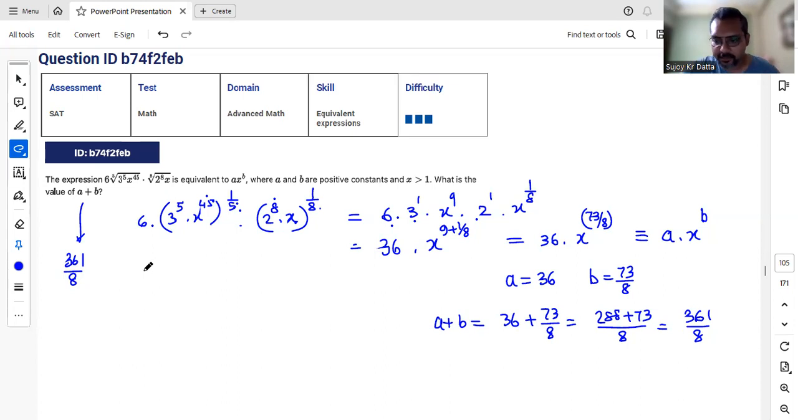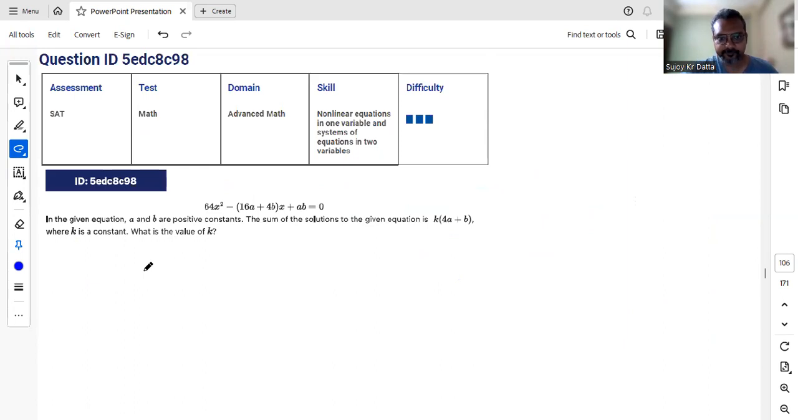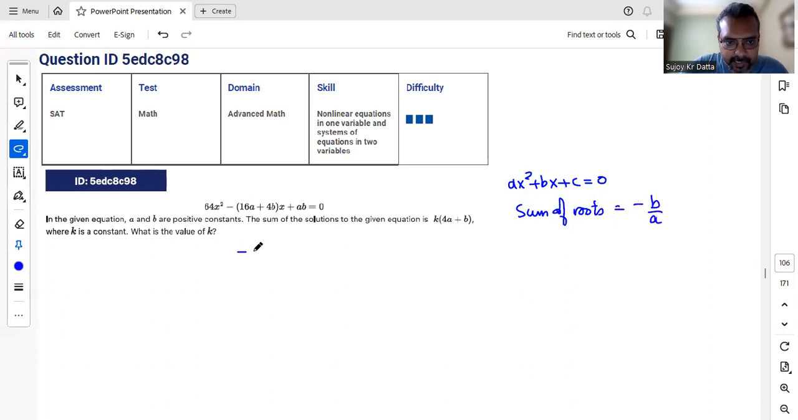Okay, let's go on to the next question. This one again is 64x squared minus something times x plus ab. The sum of the solutions is given. So remember, for ax squared plus bx plus c equal to 0, the sum of roots is negative b over a. So if I do that, the sum of the roots will be negative of minus 16a plus 4b